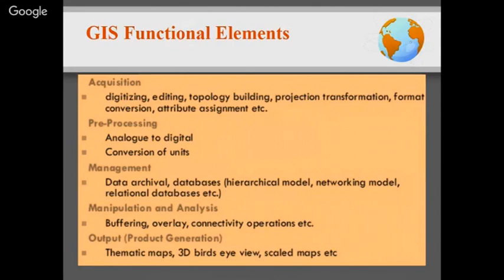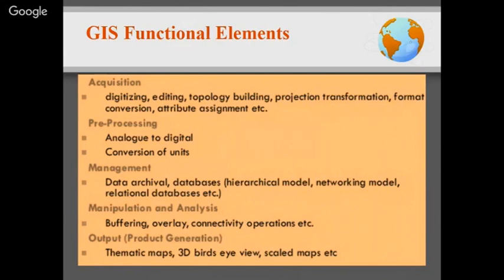When it comes to attribute data, it could be simply typing the data in a tabular format, which could be in an Excel sheet, or it could be the space given in the software itself. The Excel sheets can also be joined within the software. There is a provision for it. Whereas when you try to feed the coordinates of the spatial data, the process is known as digitizing, and we can do the digitizing because every GIS software provides you with a module of digitizing